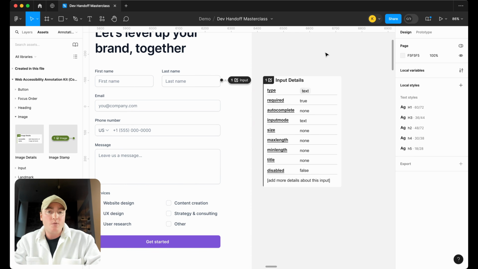But if you don't have one there, what I tend to put is just what that label would be for the title. Because again, this helps with some of those screen reader type accessibility functions in the code. And then disabled. So am I able to enter any details in this field or not? So again, that's covering the input details at a high level. And with input details, it can be pretty complex. So be sure to have a conversation with your developers around the different input details when you're working with these